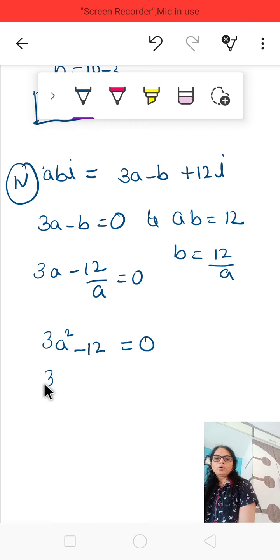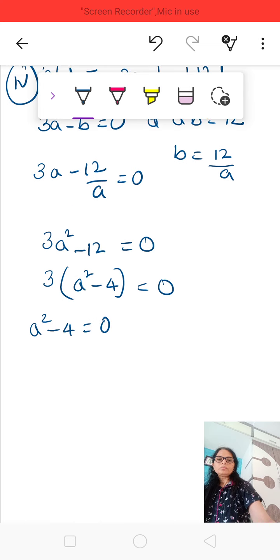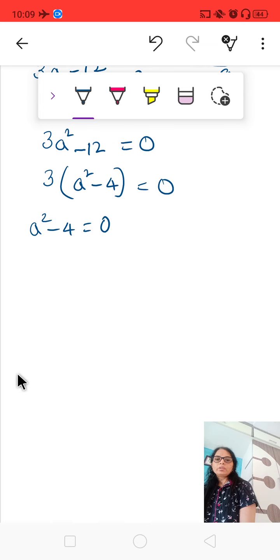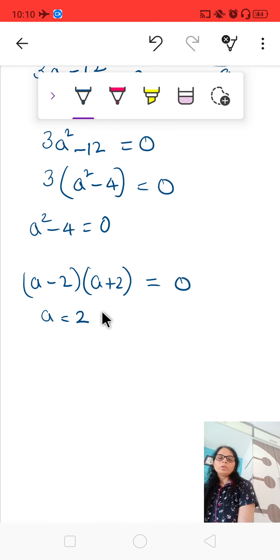Now solve this one, 3a square minus 12 equal to 0. Taking out the 3 common, you will get a square minus 4 equal to 0. 3 will go there and it will divide with the 0, it will get 0. a square minus 4 equal to 0. So which equation do you get? यह a की वैल्यू क्या क्या मिलेगी हमें यहाँ पे? तो a minus 2, a plus 2 equal to 0, यानी कि a की वैल्यू equal to 2 है